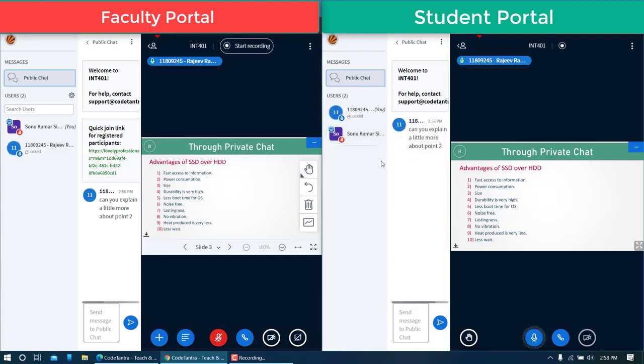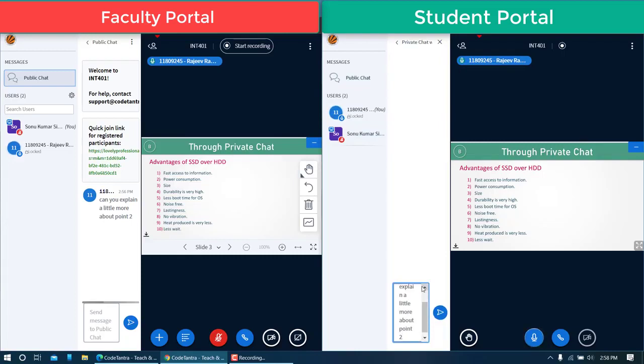Now the question is, how will you identify who is a teacher and who is a student in this list? Whenever you see a rectangular icon in front of a name, that is a teacher account. An account with a circular icon represents a student account. It seems that this particular person is a teacher. I can click on this name and start a private chat. I can type the message, and instead of point 2, let us say I want the details about point 3. I'll type it and click on send message.